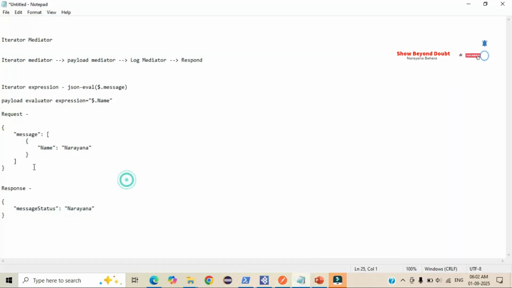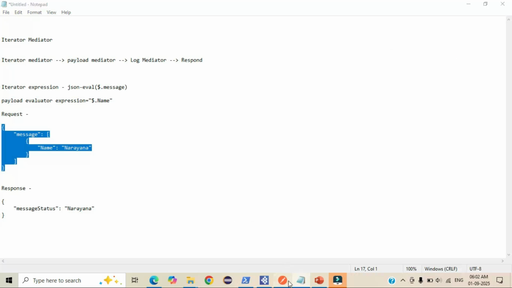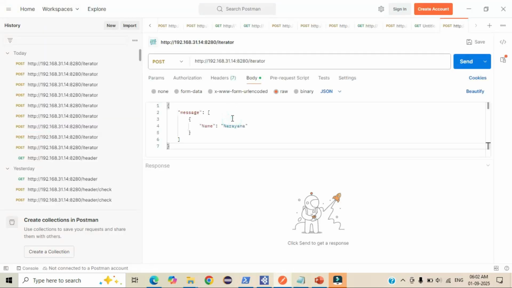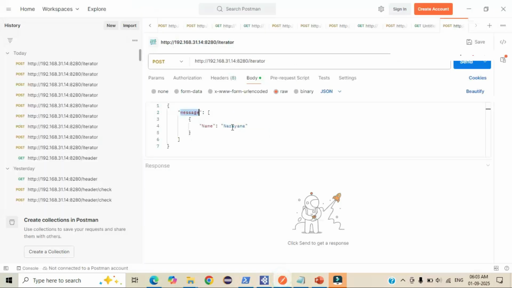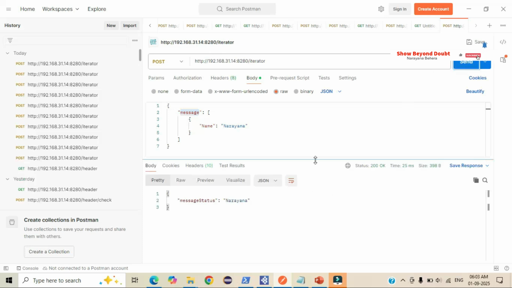As per our test scenario, I need to use this request value. Let me copy this one, go through Postman, and add that particular request. As I mentioned, within the message, if you go through our source code, first I did what? In the iterator expression, I just fetch whatever value is available inside the message. After message, I fetch one more value, like name. So if the name value exists inside this one, and if I send the request, if you see,